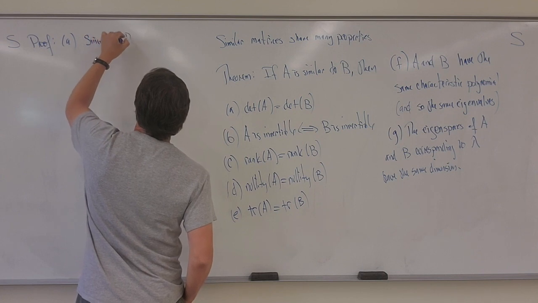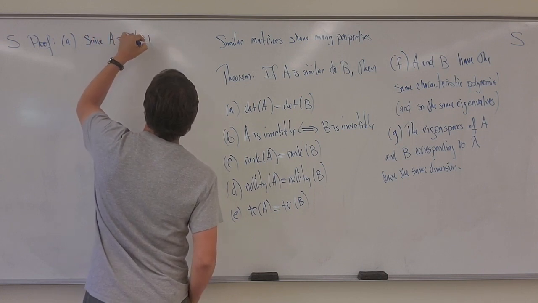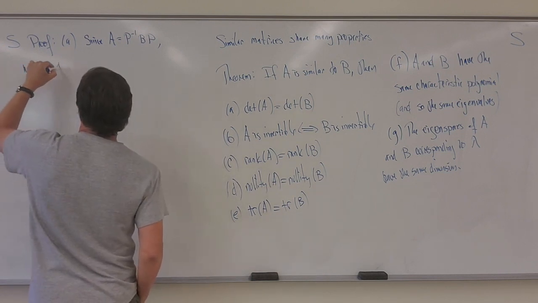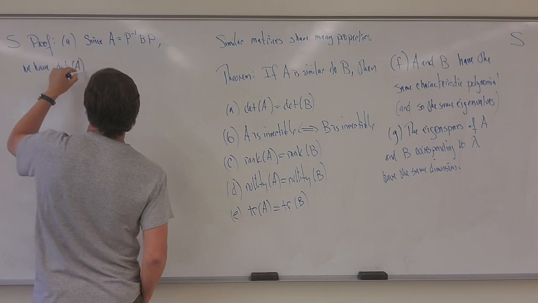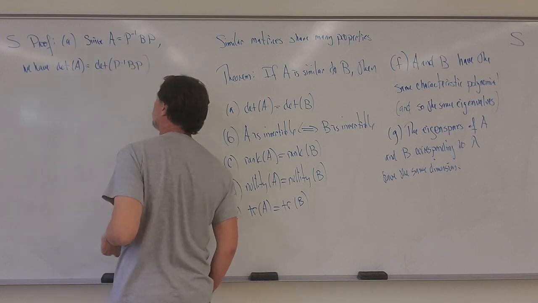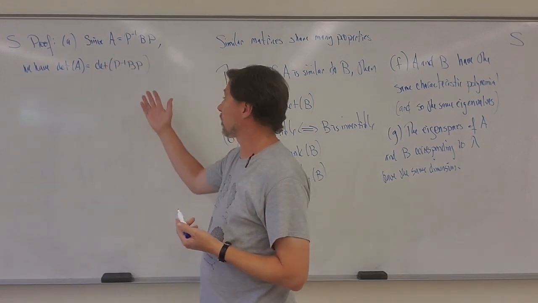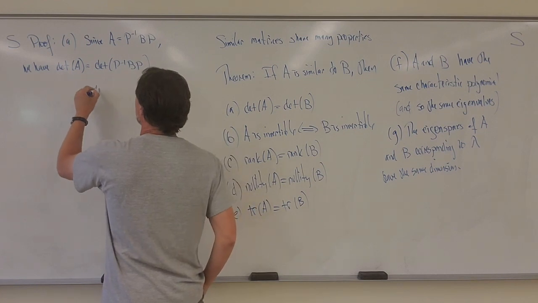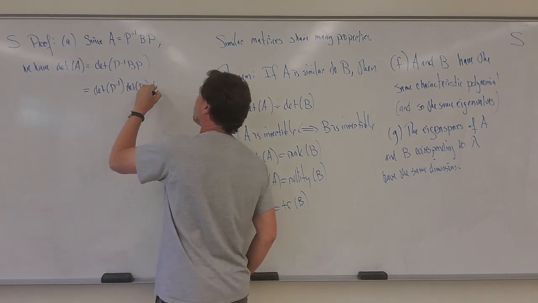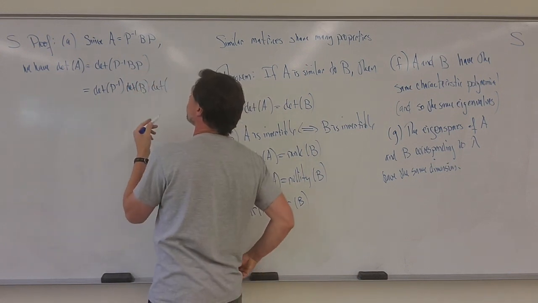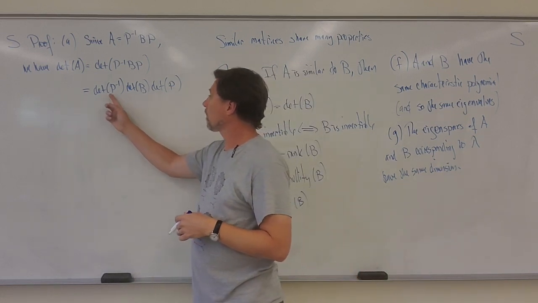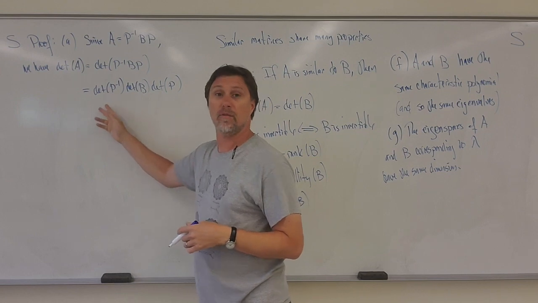A is equal to P inverse times B times P, we have the determinant of A equals the determinant of P inverse B P. And then we have to remember that determinants have this nice property. This is equal to determinant of P inverse times determinant of B times determinant of P. Now remember, the relationship between the determinant of B,